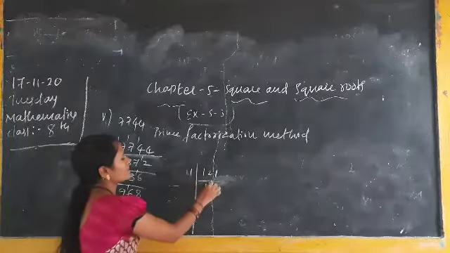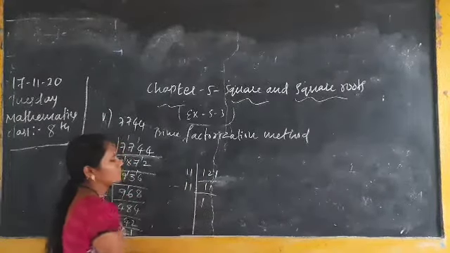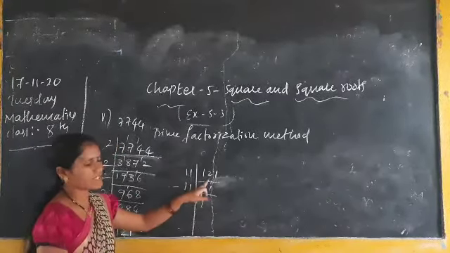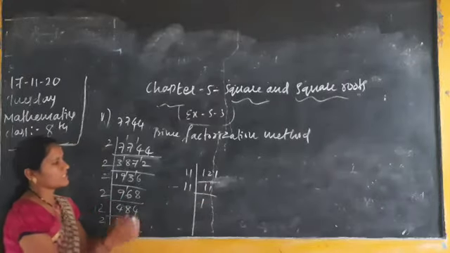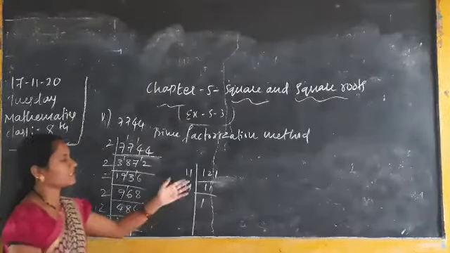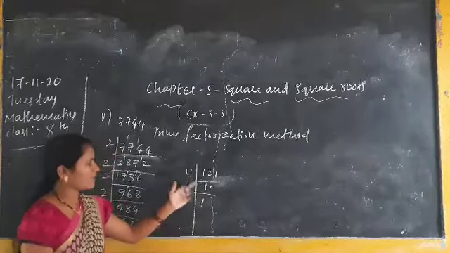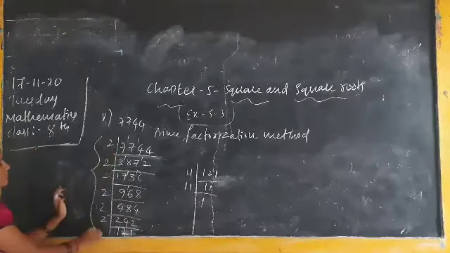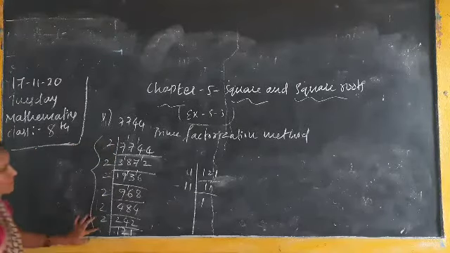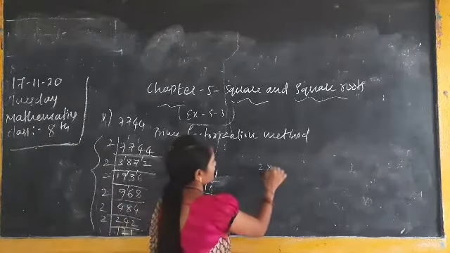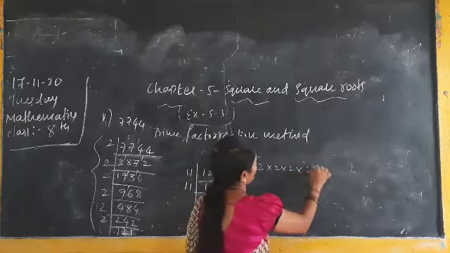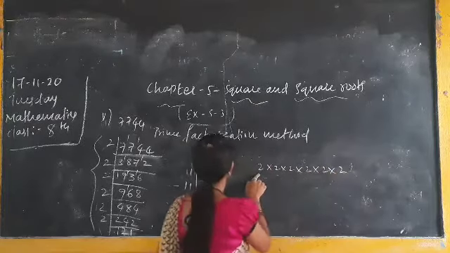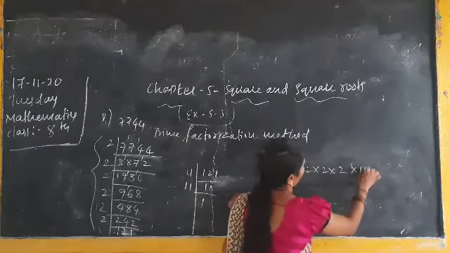Means I am taking 11. 11 11s are 121. I will take next 11 11s. You have to multiply, means 11 11s are 121. Means you have to see 3, 4, 5, 6, like that. See the number and solve. 11 11s are 121. Again 11 1s are 11. I said how many times is there? 1 2 3 4 5 6. 6 times 2. Okay, right, here 6 times. Next 11, 2 times here.